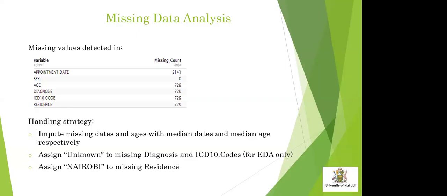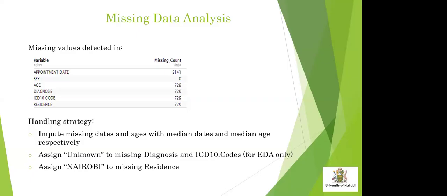Now I checked the 729 missing values to confirm if they occur in similar rows. Perhaps I would have considered deleting the empty rows, but they did not occur in the same row. Some rows had missing ages, but not diagnoses. Some had missing ICD-10 codes, but had residence and so on. So this prompted me to